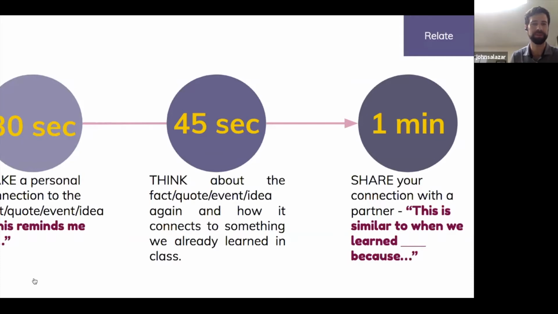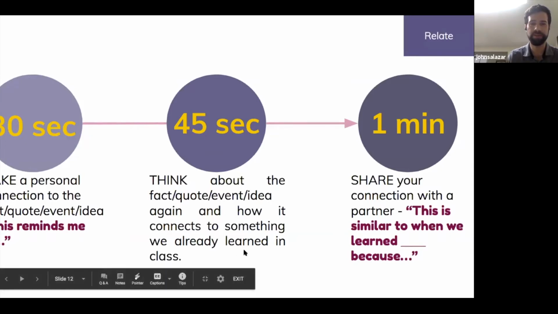So this is how the routine is going to flow. I'm going to show you an image in a moment, which is a graph from some survey data of students, and basically how they're dealing with this transition to a remote learning environment. We'll look at that for about 30 seconds. I want you to think of this prompt: this reminds me of, and make some connections to that. And then you're going to have 45 seconds